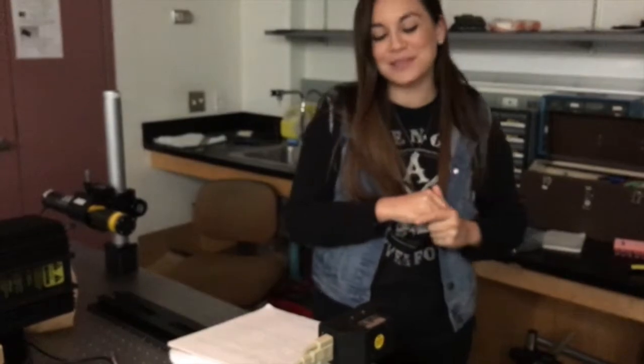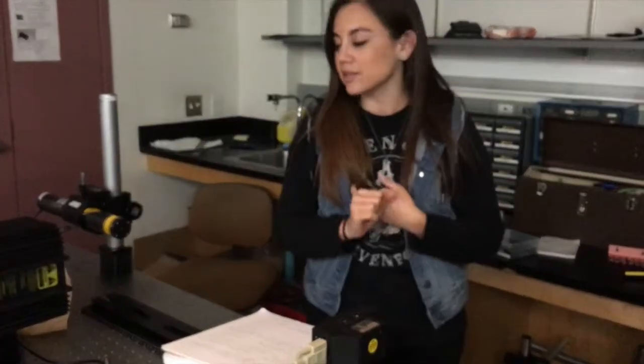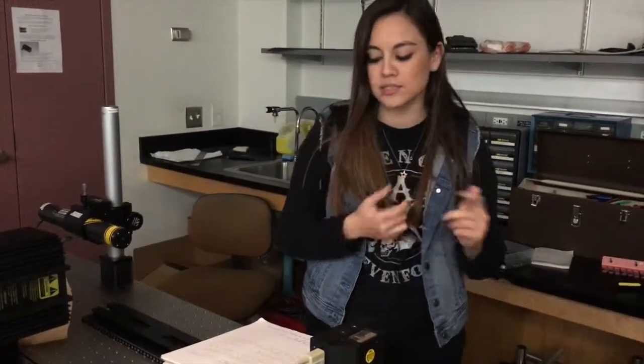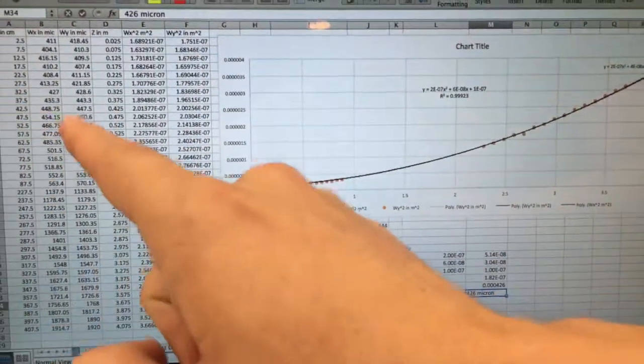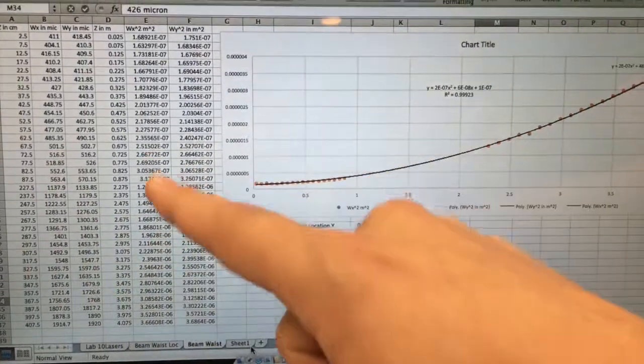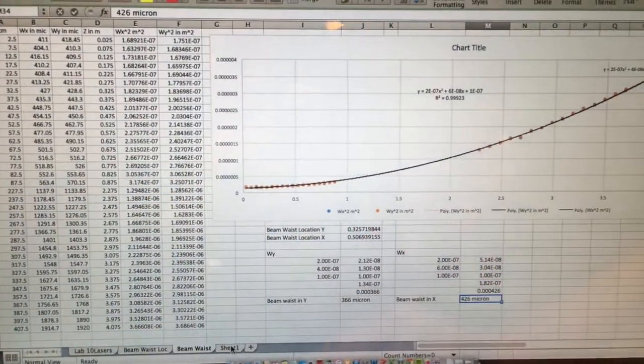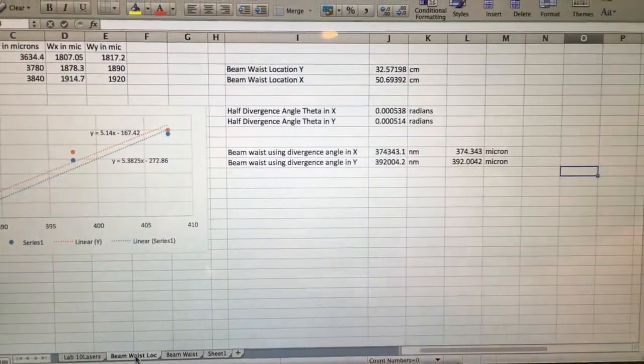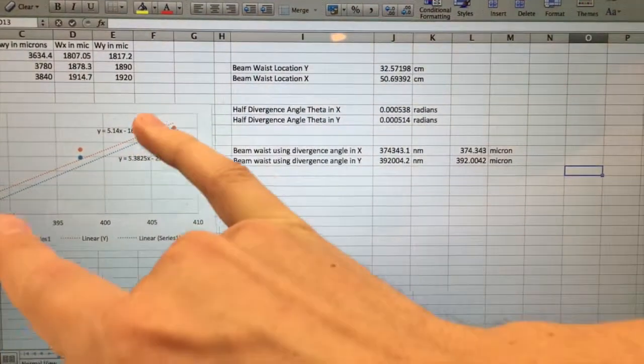For this part of the lab, we use a beam profiler to measure the beam waist, the location of the beam waist, and the divergence angle of the helium neon laser. At each Z, we recorded different beam diameters in the x and y direction, then we square both of those to get a polynomial function. From that, we traced where the beam diameter hit 0, and using the last 3 points made